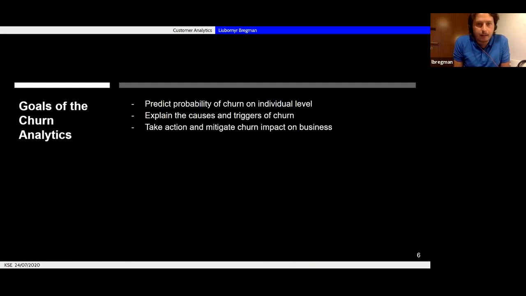Basically, the core goal of churn analysis is to predict that some very specific individual customer will stop using the service, and preferably to predict it upfront and enough time in advance.